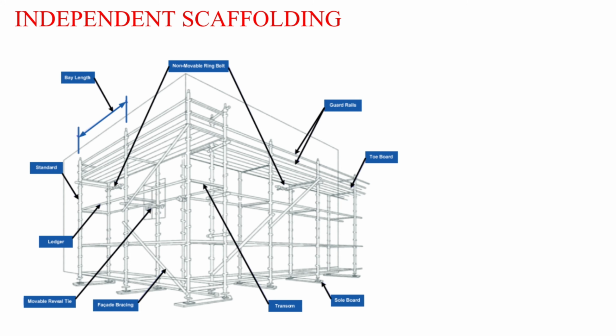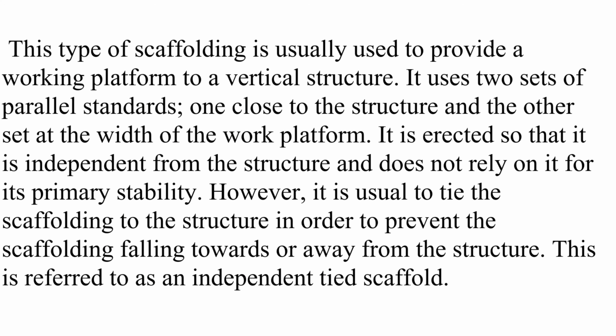Independent scaffolding. This type of scaffolding is usually used to provide a working platform to a vertical structure. It uses two sets of parallel standards, one close to the structure and the other set at the width of the work platform. It is erected so that it is independent from the structure and does not rely on it